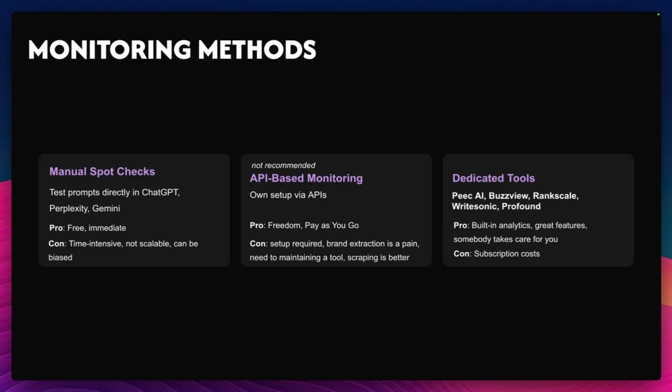So, okay, visibility is 10%. What is the action? Content optimization. Do we start doing citations? Do we start link building, buying, whatever? What's the next step? So, in BuzzView, we're focusing on both, but a little bit more on the action part.